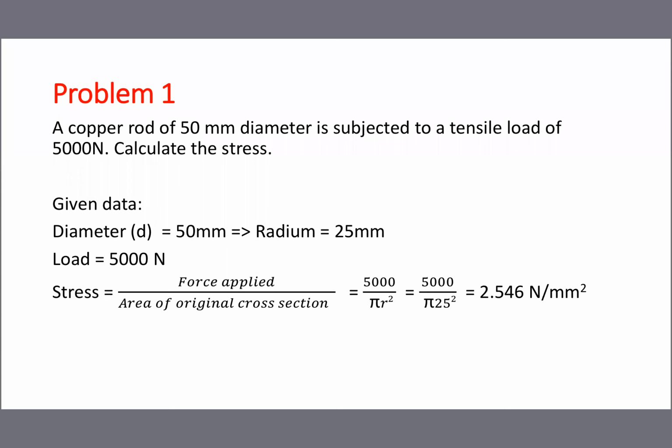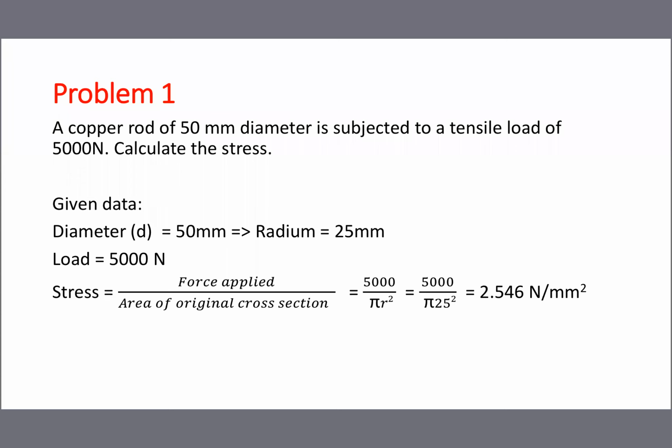In the denominator, you apply the area formula pi r square. Pi into 25 square. Diameter is given, but mostly we use the radius in the formula, so radius is half of the value. On the last first line, a spelling mistake: radius, not radium. The M letter is replaced by S. So nothing is wrong. Half the diameter is the radius. So I think you understand. Load divided by area.